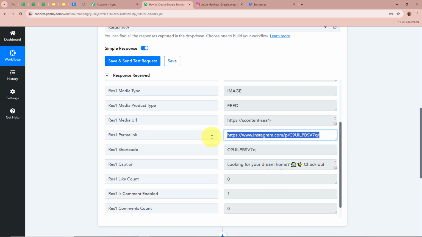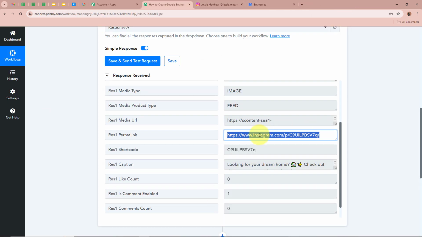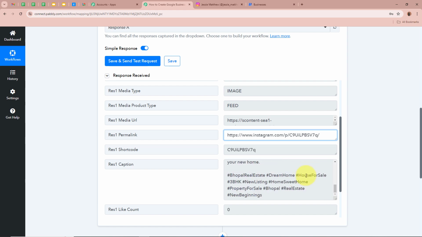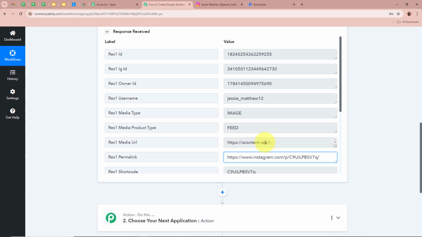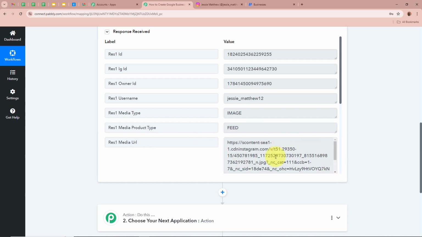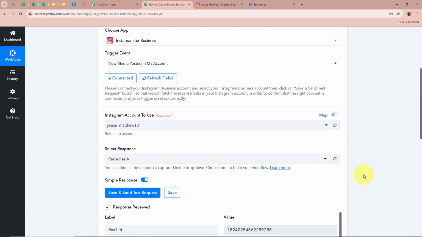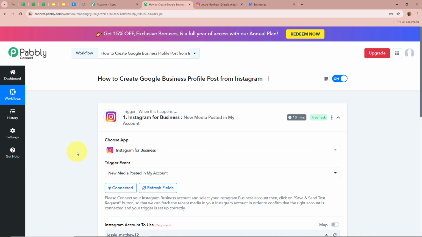So I'm going to copy this link from here and paste it in a new tab right over here, and you can see that this is the same post that we have shared on our Instagram profile. Okay, and over here we have also received the caption that we have entered in the profile. You can see this is the caption right over here, and we have all the other details. We have the image URL, this is the media URL, the image that we have uploaded, and all the other details. So this means that Instagram for business has now been successfully connected with Pabbly Connect, so that